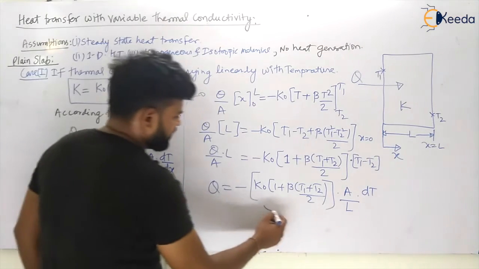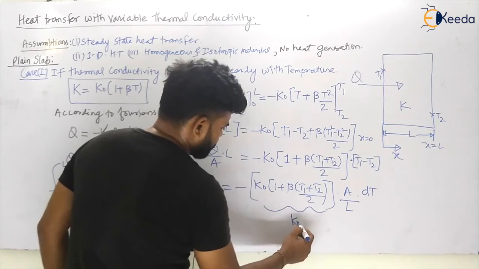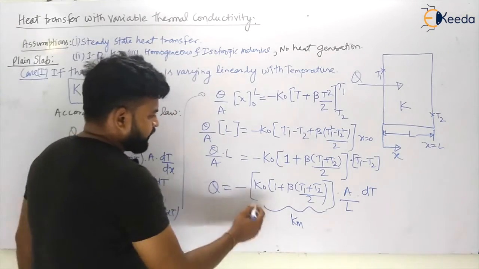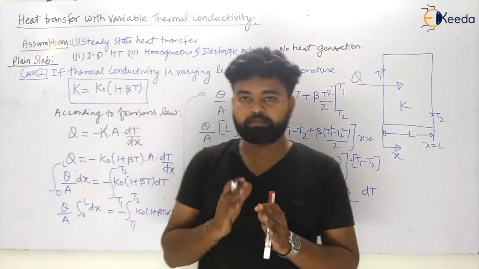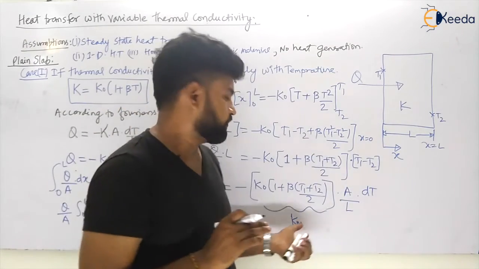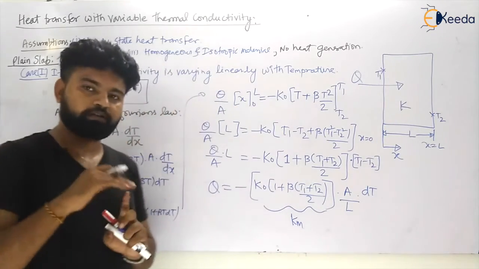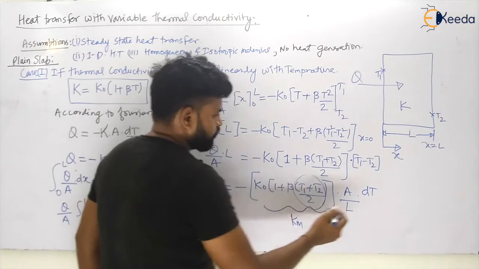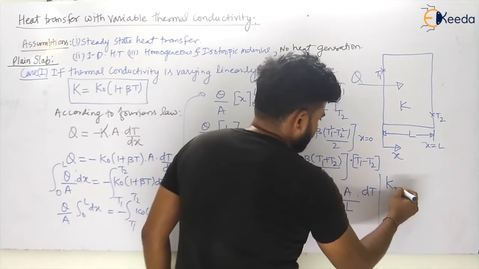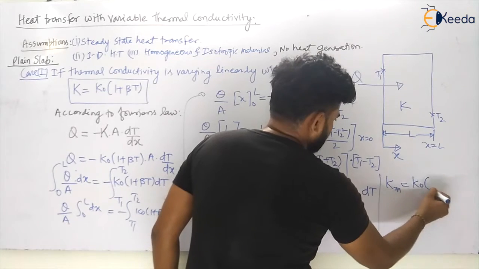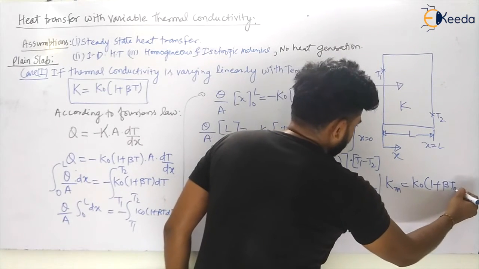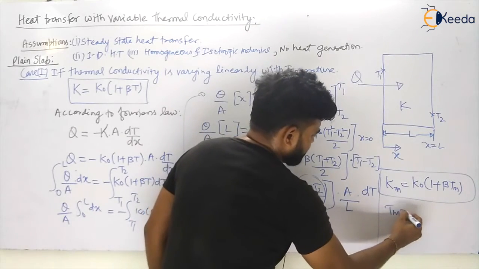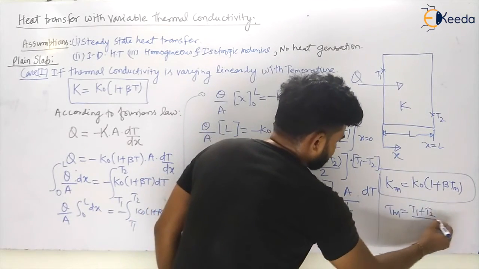So this conductivity, let us consider that is K average or K mean. So Km, you can easily have Km. So if there is a variable thermal conductivity case, you can directly calculate by this formula, K naught (1 plus beta T) with average temperature. Let us take this temperature to be Tm. So conductivity will be given by Km is equal to K naught (1 plus beta Tm) in case of plain slabs, where Tm will be your average temperature of the slab, that is (T1 plus T2) by 2.